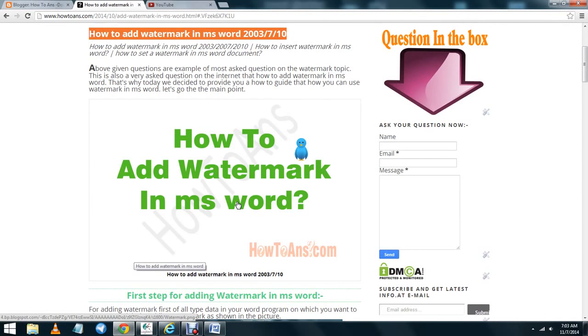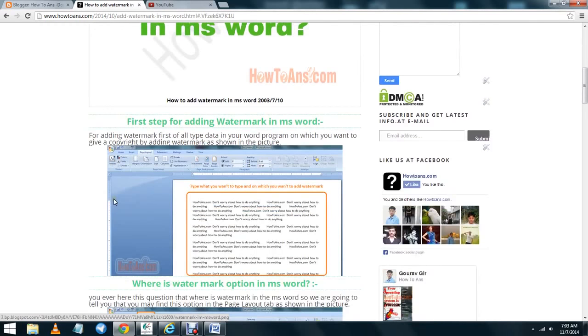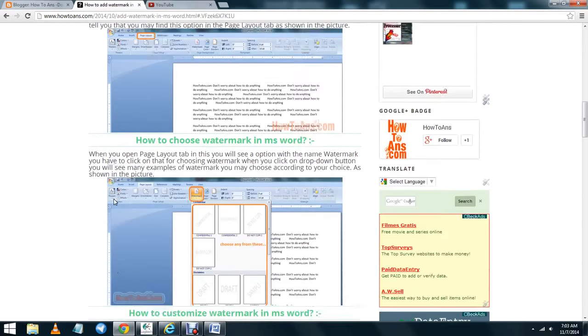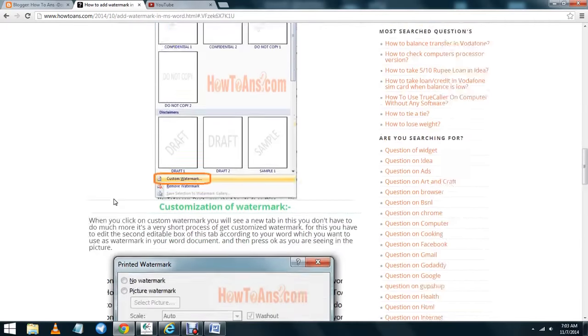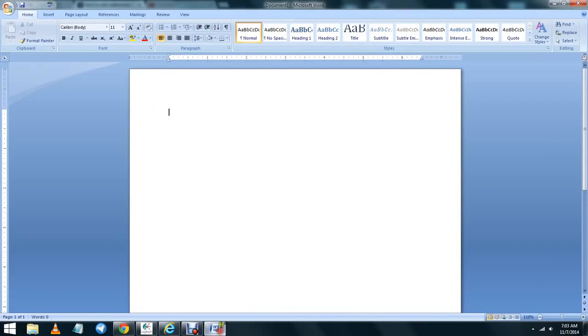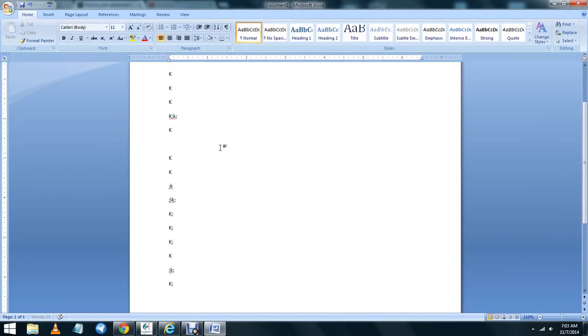You don't have to do much more. It's very easy to add a watermark. First of all, type the data which you need as a watermark. For adding a watermark under that, you don't have to do much more. You only have to do that,